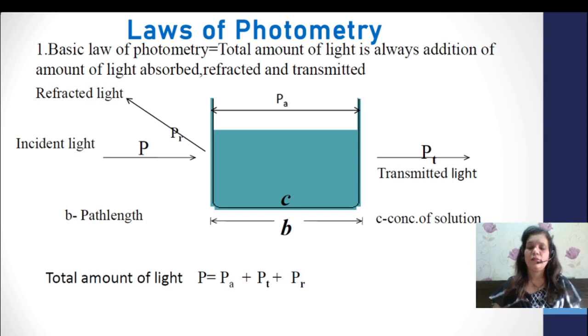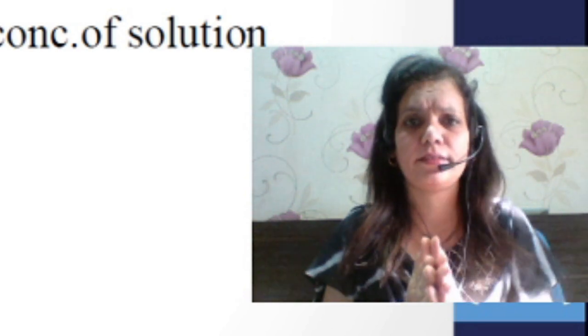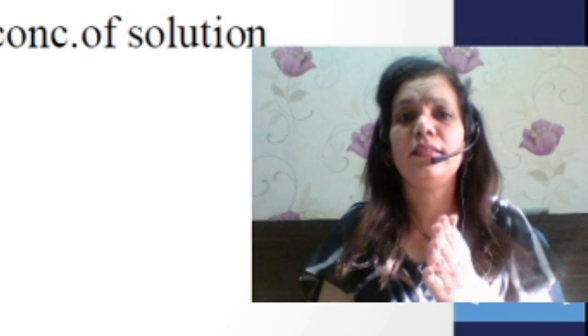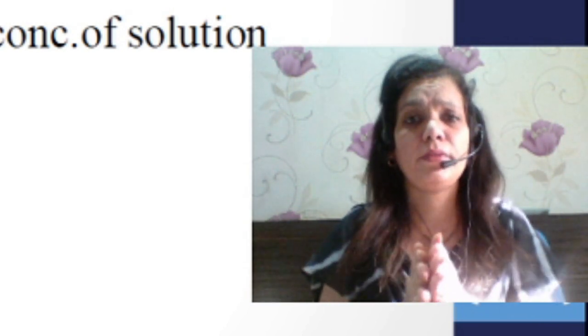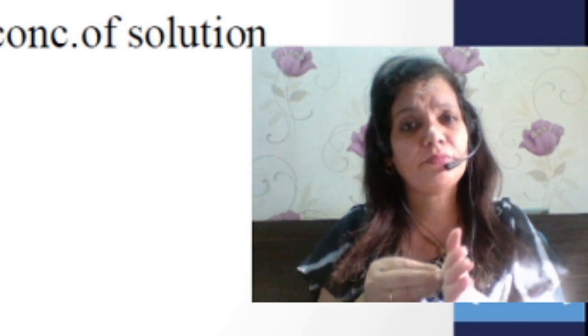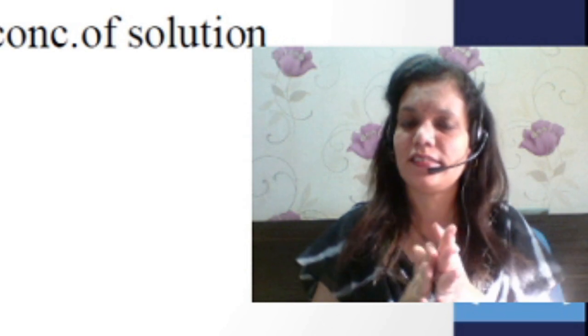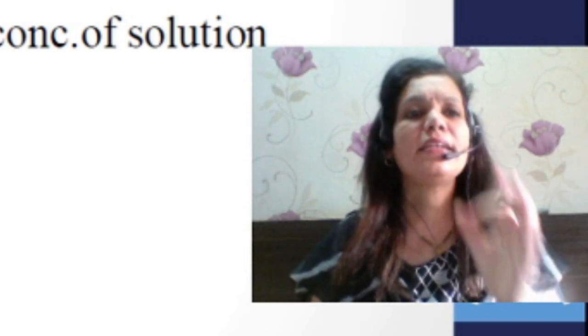When we are passing light through any object, suppose here the object is transparent or colored, what do you expect? Transparent, suppose a glass is there. If I pass a ray of light, what do you expect to happen to the glass and on the other side of the glass? What will happen if I transfer a ray of light? Definitely some amount of light is absorbed by the glass, some is transmitted and some is reflected. Very good. That is the basic law of photometry.